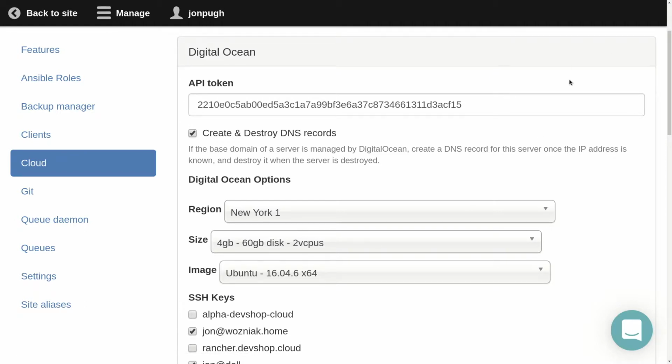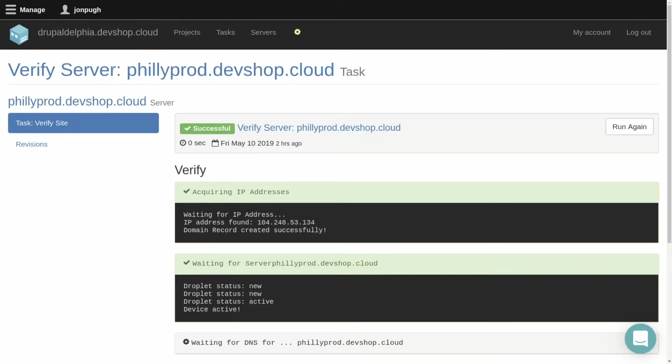The SSH keys thing is from DigitalOcean and most others. They're like, what SSH keys do you want me to put on the server as root? So I just check that box, and I have access to all my servers right out of the gate. And when you're done, it runs this verify task. Aegir's tasks are these old but useful tools. I just hook into that. It waits for the IP to come back from the API. It waits for the domain to validate. It waits for every step you need, DNS, and then it waits for SSH. And then once that's done,